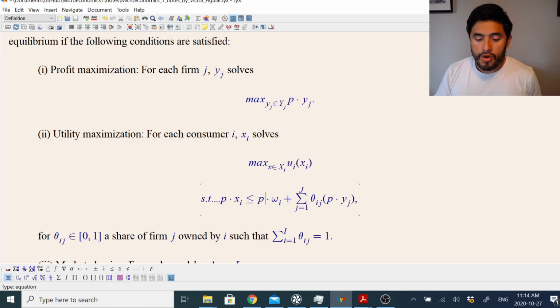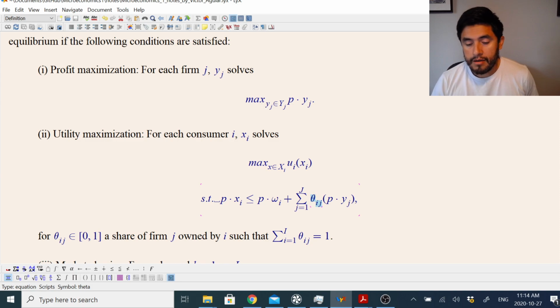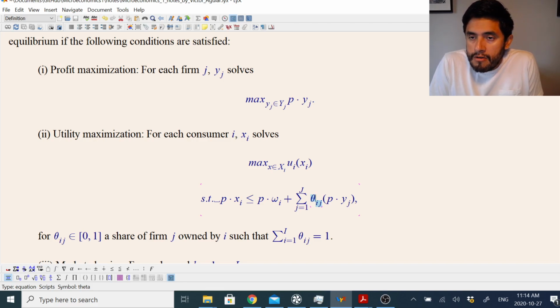And now how much of the profits do you participate in as agent i? Well, you have a share of the firm. And the share of the firm is this theta, which is a weight that works mathematically like a probability, but in this case it's just a share. So it's the fraction of ownership of the profit of each individual i of firm j. So what is the total dividends that this household receives? Well, it's the summation of the profits multiplied by the shares held by individual i of the particular firm j. Okay,